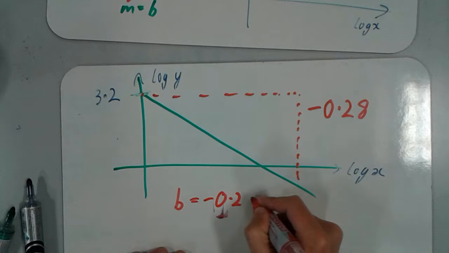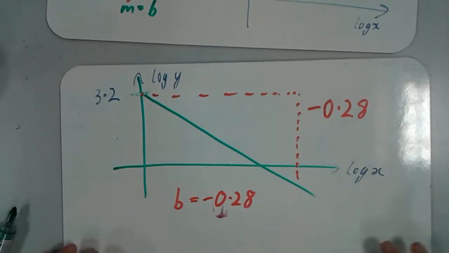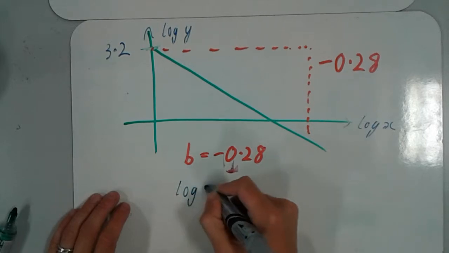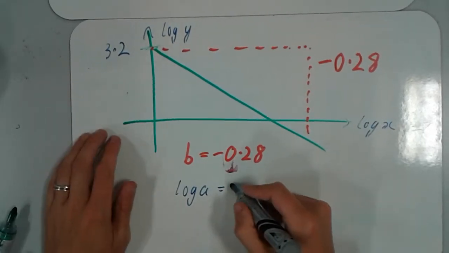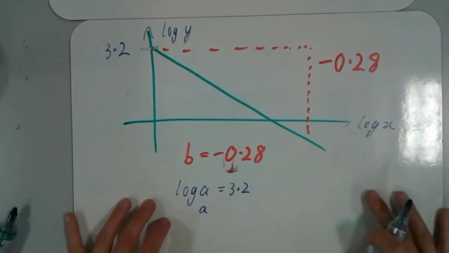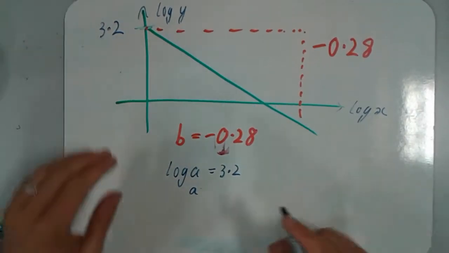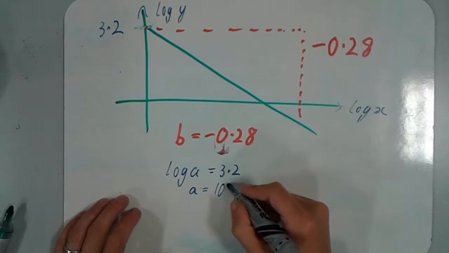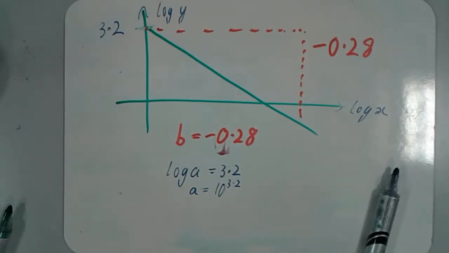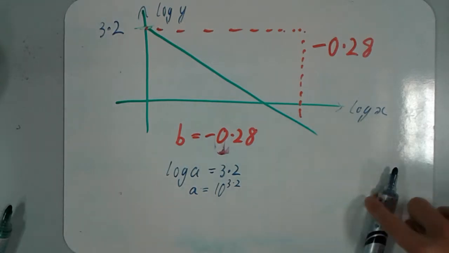So b is our gradient, minus 0.28, and similarly log a is our y-intercept. So again, in order to find a, I'm going to need to do 10 to the power of 3.2. Putting that in my calculator, that gives me